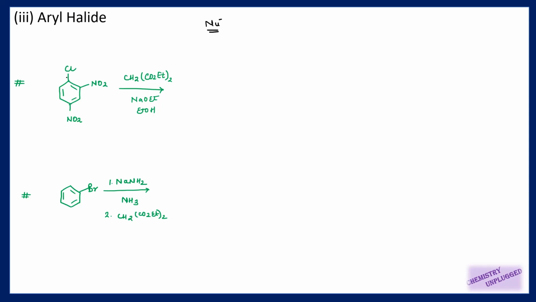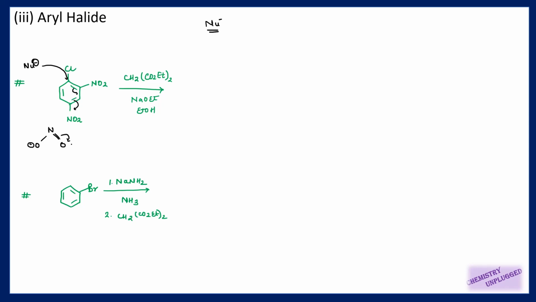We have already discussed this point in the Clayden book, that you should have an electron withdrawing group attached at the ortho or para position. So in this case again we have the same nucleophile, right? This nucleophile will attack this carbon. This bond will shift and this bond will shift here, and if you write this NO2 like this, after shifting, the bond will shift onto oxygen.